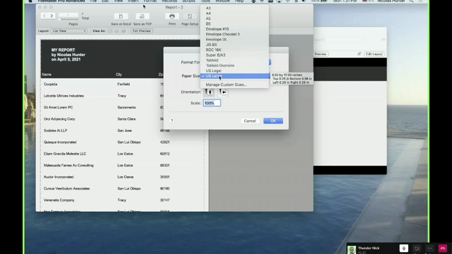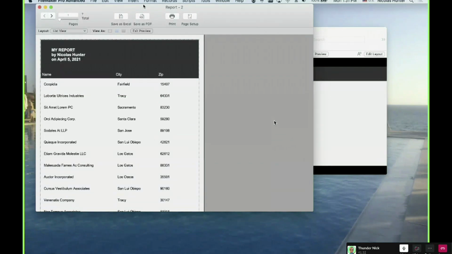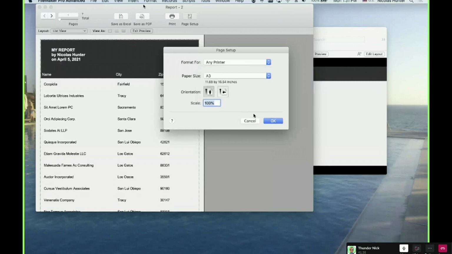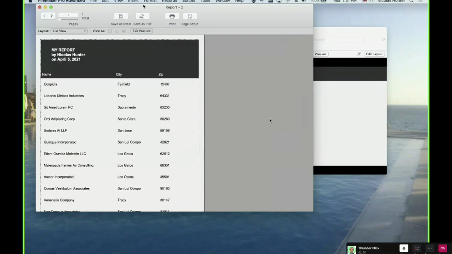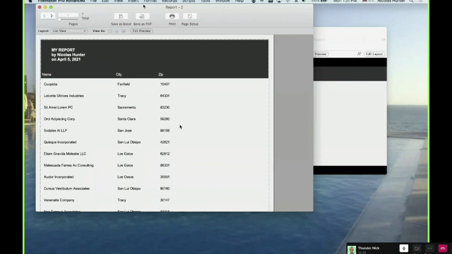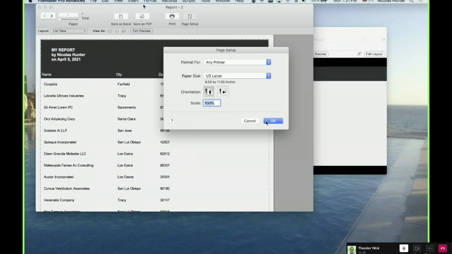They don't use the US legal. So I'm going to Europe, and my layout will look like this, smaller. See, it changed a little bit. It got smaller. If you want to double it, you have an A3. Now you have a bigger one, so you can see the preview is going to show you what will be the results. That's what they call that preview,